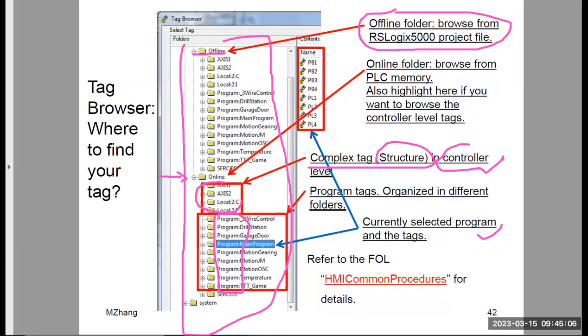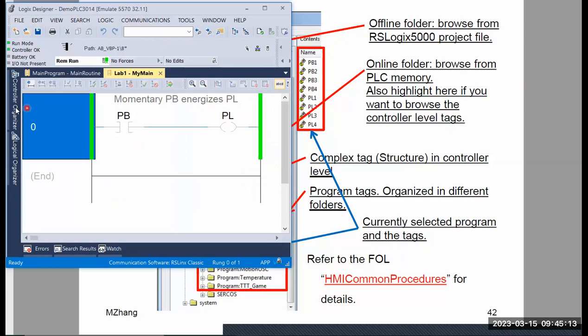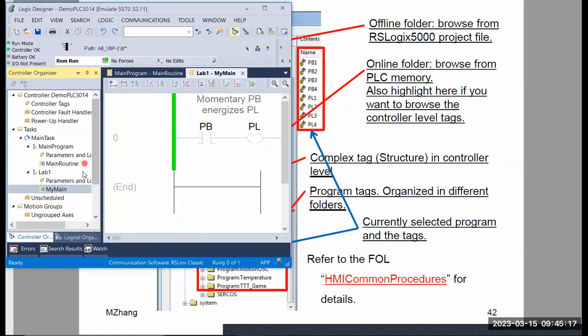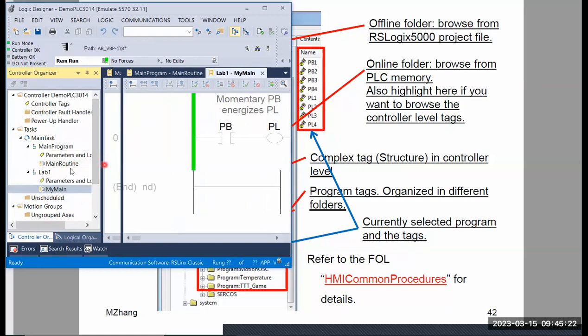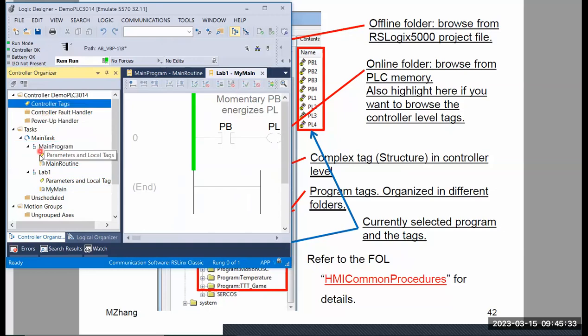All right, so I can demonstrate what happened on my file on here. For now, I can open up this controller organizer, right? You can see on the left-hand side underneath here, I have these two programs. I have a controller tag, I have the main program and program one. So that's three things I want you to notice on the PLC. Then on my